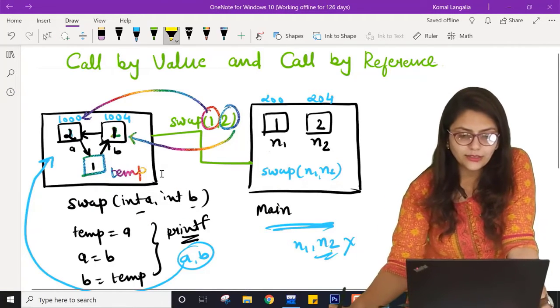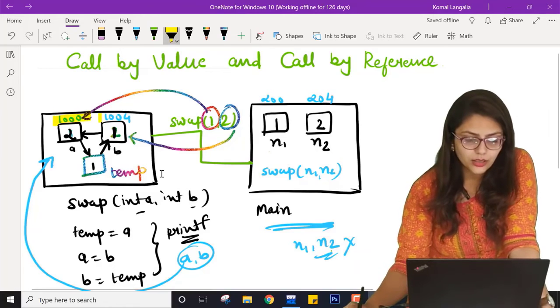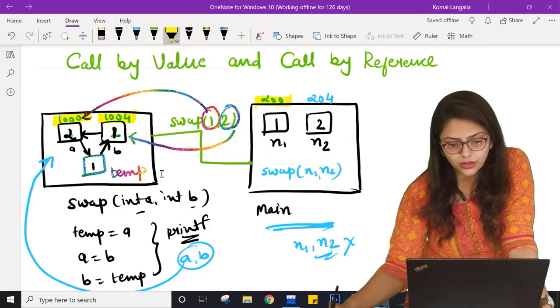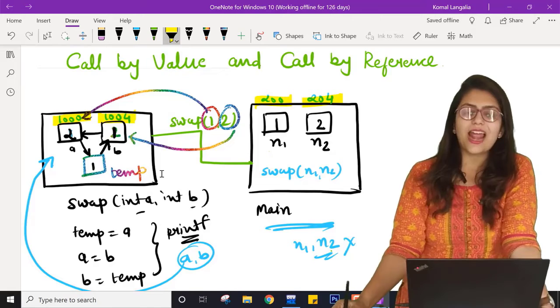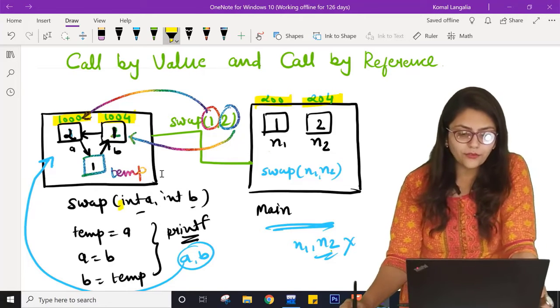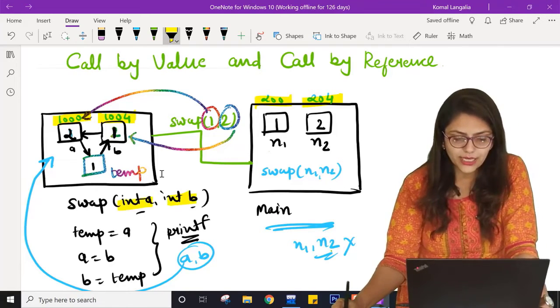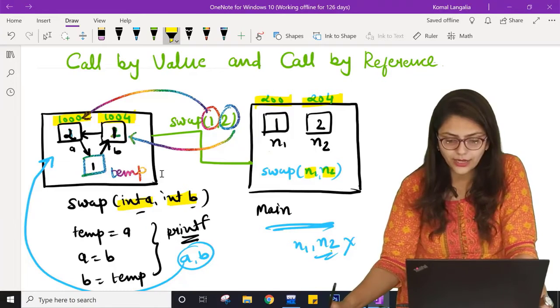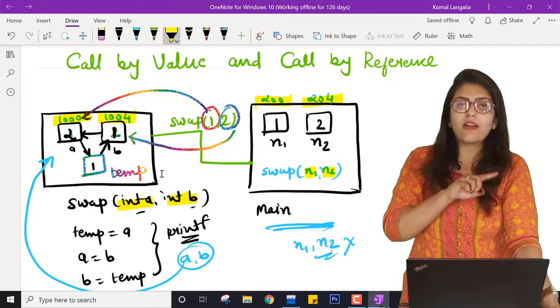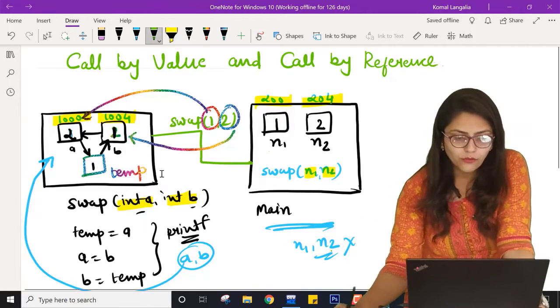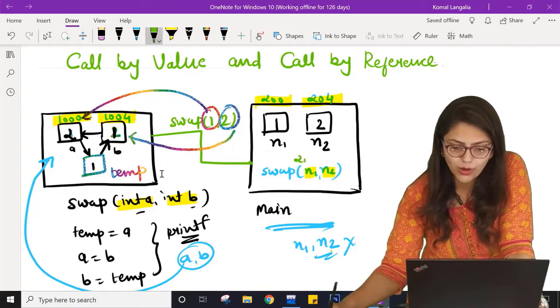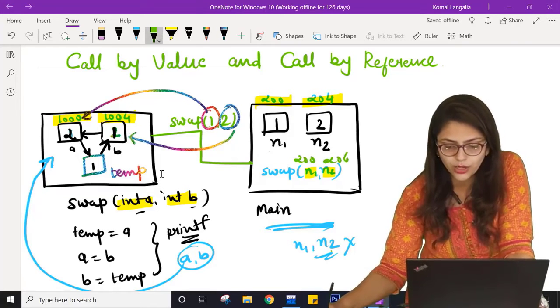So you know that addresses are unique. In any memory location, addresses are unique. So what if, instead of the arguments n1 and n2, I pass the addresses to swap? What if I pass swap 200 and 204?